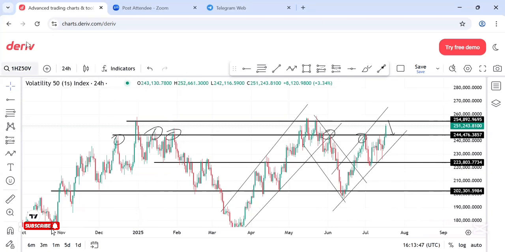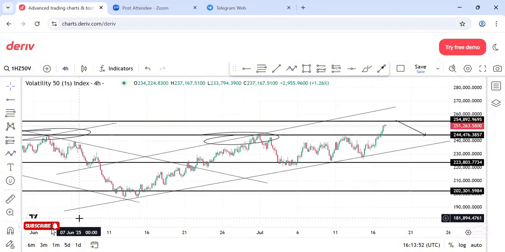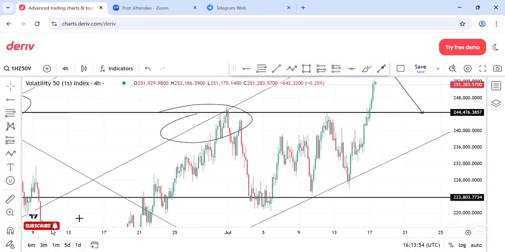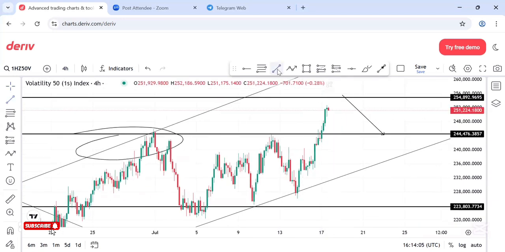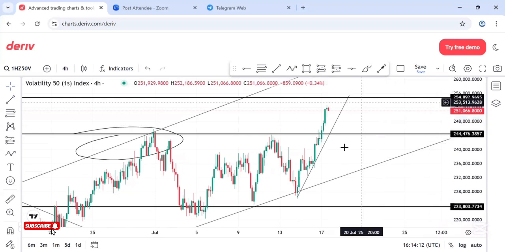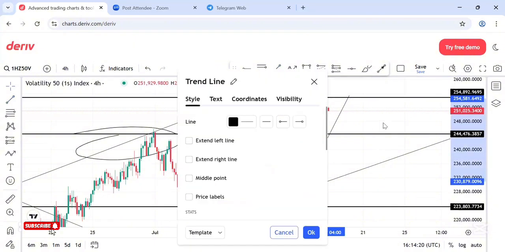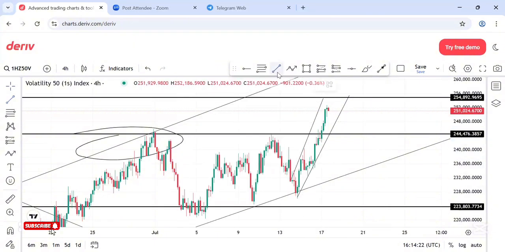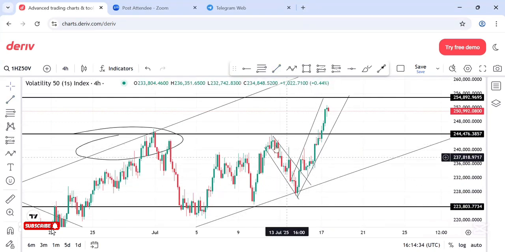We have to analyze further to the 4-hour time frame. On the 4-hour time frame, we can see that we've got this current push up here, a bullish run. We've had a series of bullish candles on this 4-hour time frame chart. We also got this previous structure where price was dropping down. This is a mini downtrend, and after this downtrend,